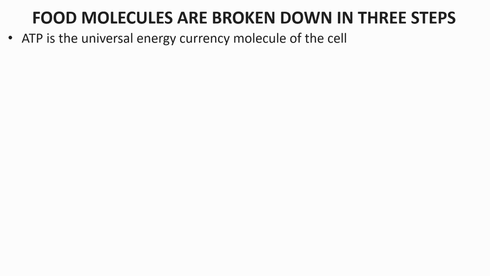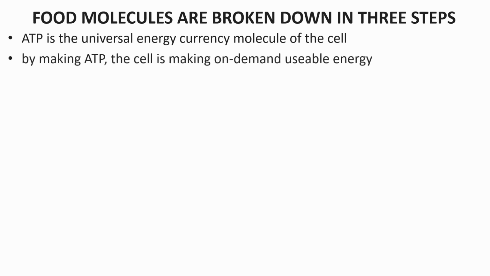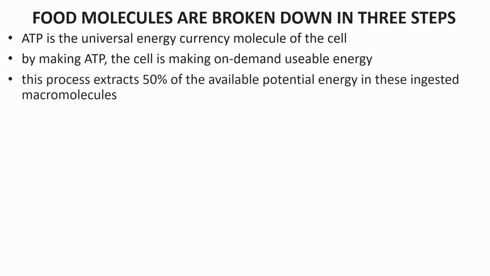No other molecule is so widely used by so many different reactions, different enzymes, in order to drive the reactions of life forward. When we make ATP, we're making on-demand usable energy that can be widely dispersed and keep life going. Actually, we're making a molecule that can be used to bribe the universe and keep reactions at a negative delta G, just in the way that we talked about in the last video, through those coupled reactions, those two-phase reactions where phosphates are being transferred.